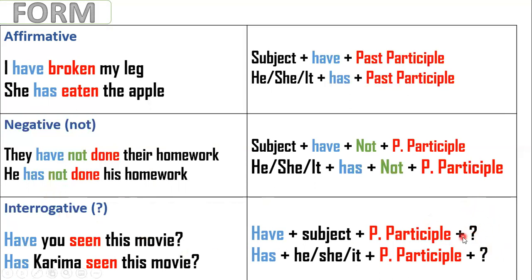We need this. Okay, let's continue. So the form for affirmative is subject plus have or has plus past participle. For negative, subject plus have plus not plus past participle. Interrogative, have or has plus subject plus past participle plus the interrogative mark or the question mark. Okay,